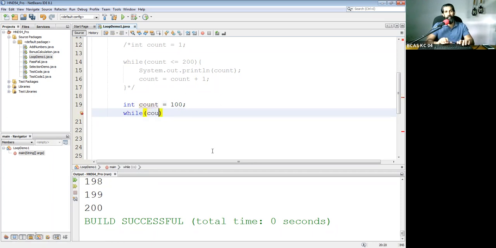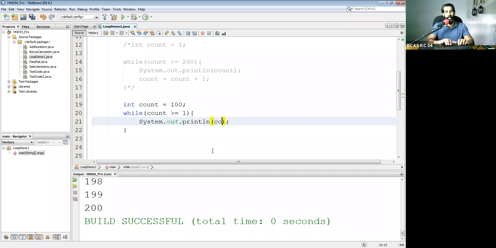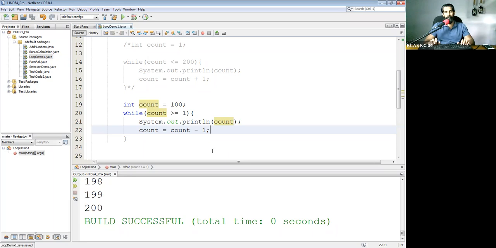Count variable should be greater than or equal to 1. As long as the value is more than or equals to 1, we can repeat this. So we're going to print the count. That's all. But each time we have to reduce 1 from the count. So count is assigned to count minus 1. Each time 1 should be deducted, so it can print in the reverse order.